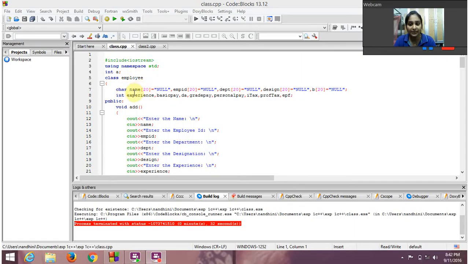Now we have to give the name as char name[20] = NULL, ID, that is employee ID[20] = NULL, department[20] = NULL, designation[20] = NULL, P[20] = NULL, int experience, basic pay, DA, grade pay, personal pay, I tax, prof tax, EPF. Now the public void add will be given as cout enter the name, cin will be